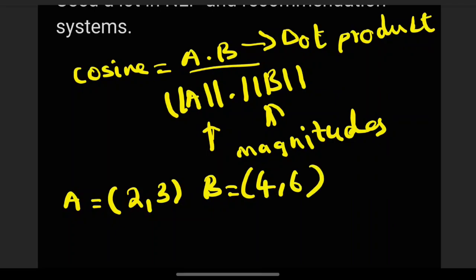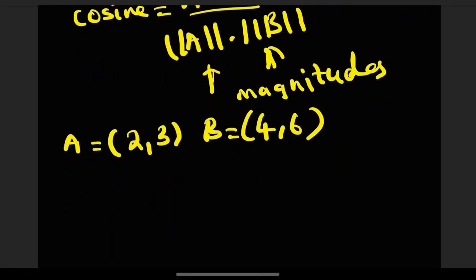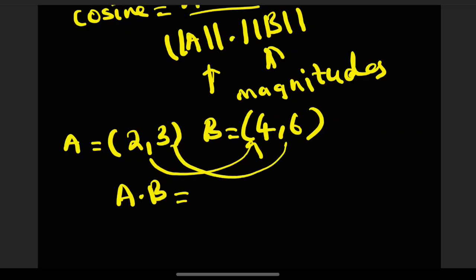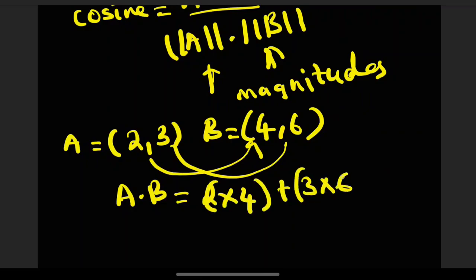The dot product A dot B is 2 into 4 plus 3 into 6. This results in